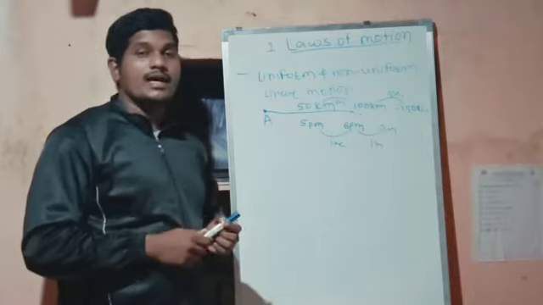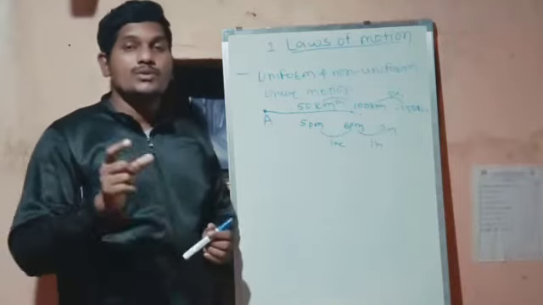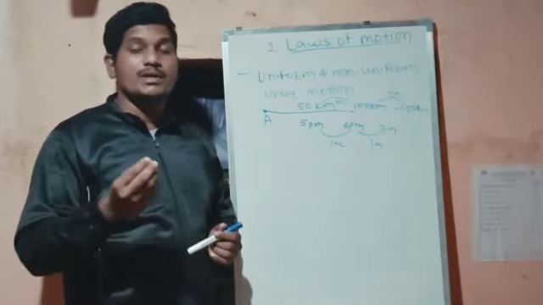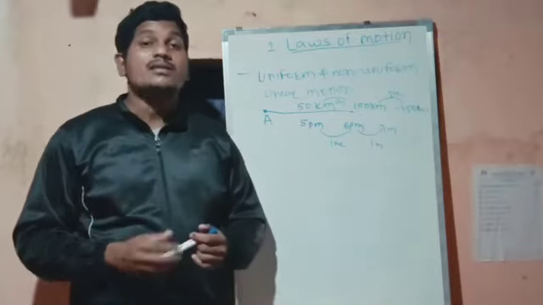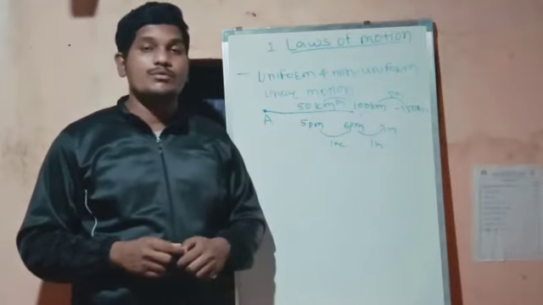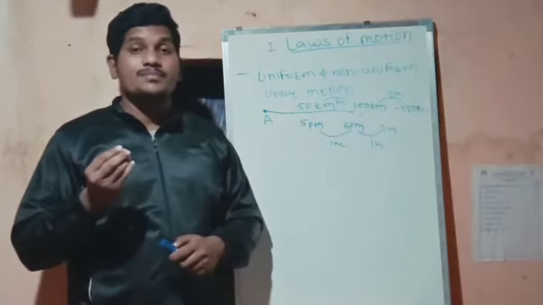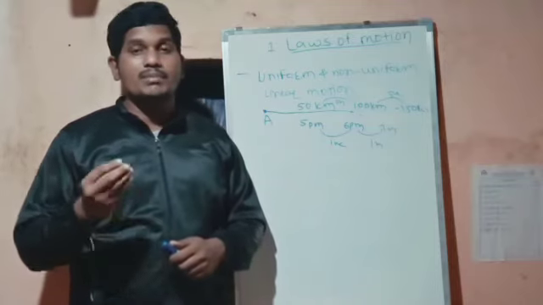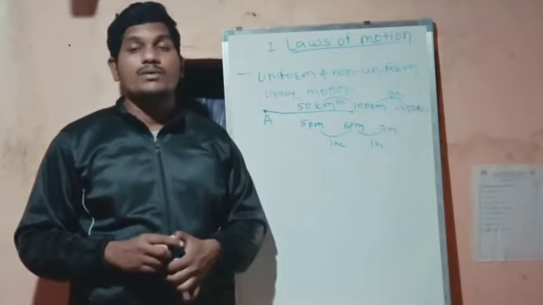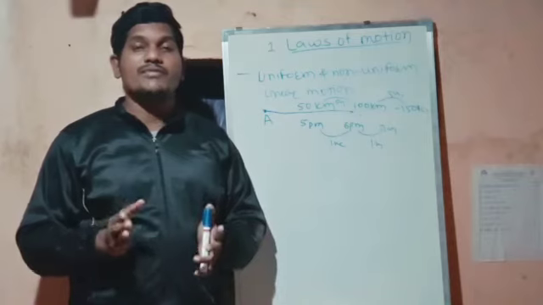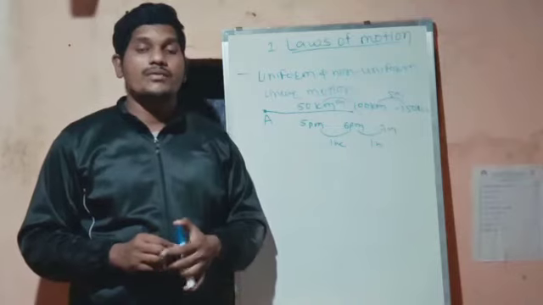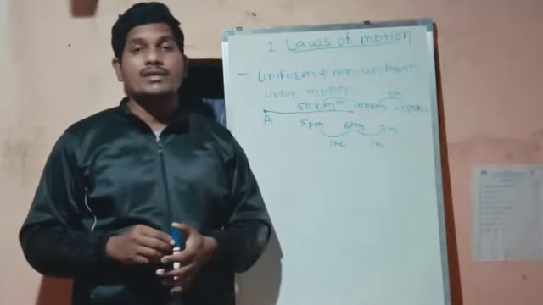So again I will just revise. Uniform motion means when the distance covered by the particular object or vehicle is the same in equal intervals of time, then it is uniform linear motion. And when unequal distances are covered by the particular object in those time intervals, it is non-uniform linear motion. This is how we can differentiate uniform and non-uniform linear motion. So this is how we have covered this part. We will take the next part now.